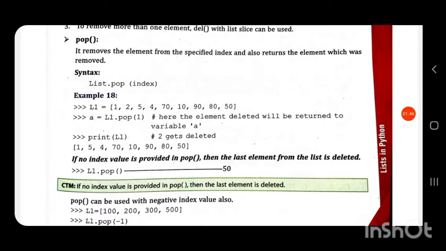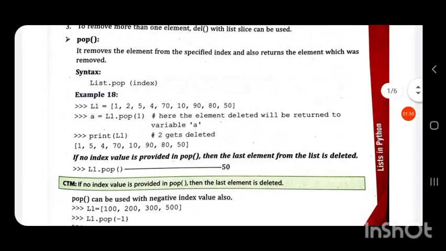Here we have the list L1 equal to 1, 2, 5, 4, 70, 10, 90, 80, 50.